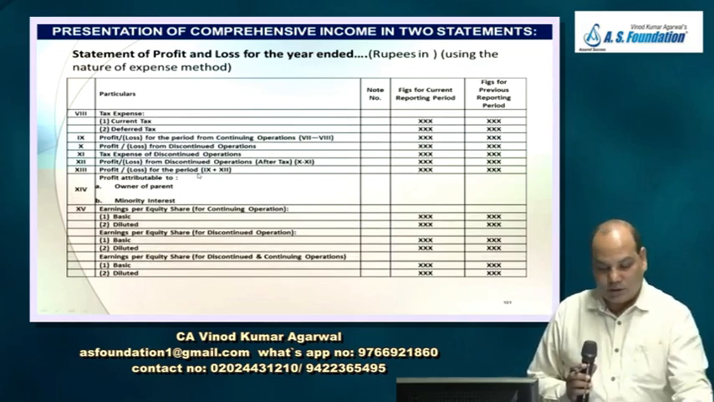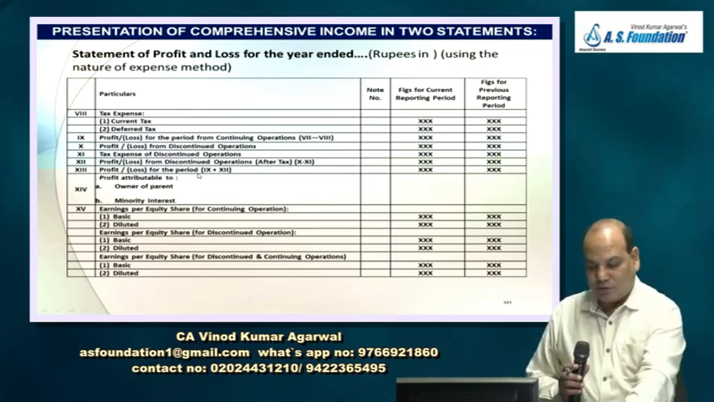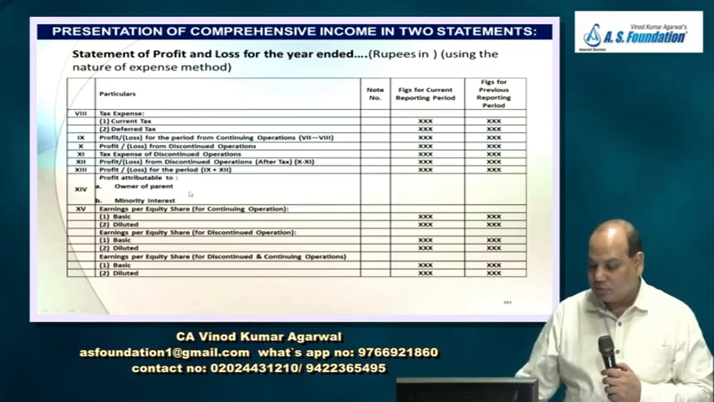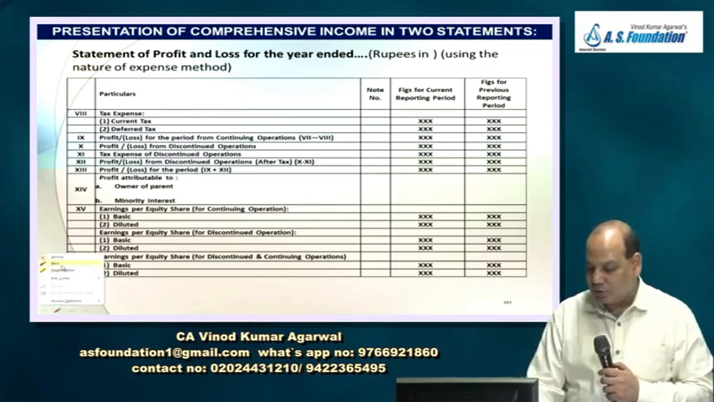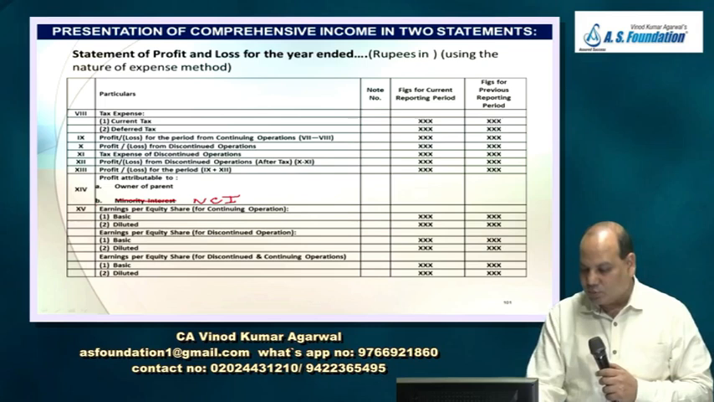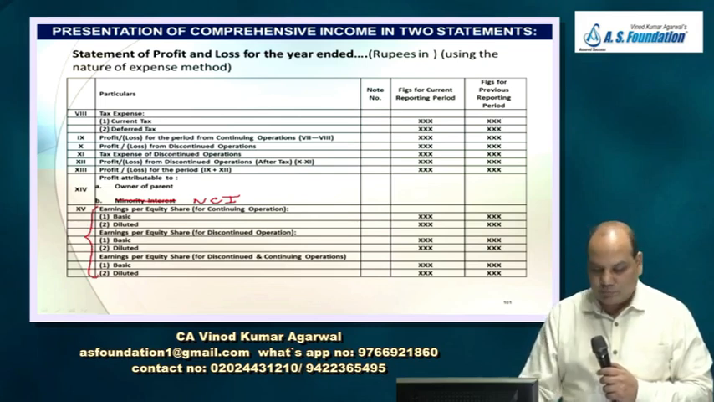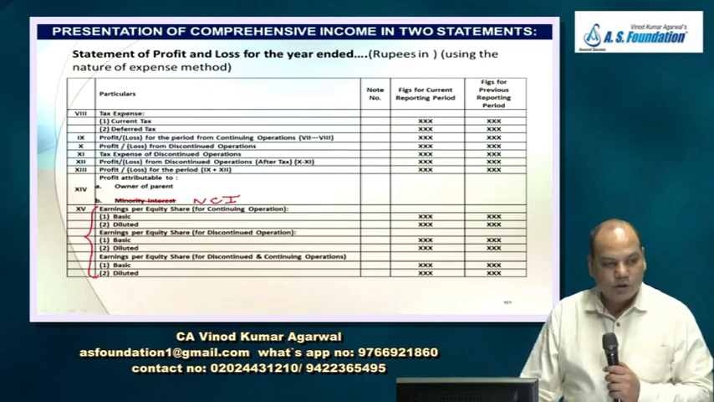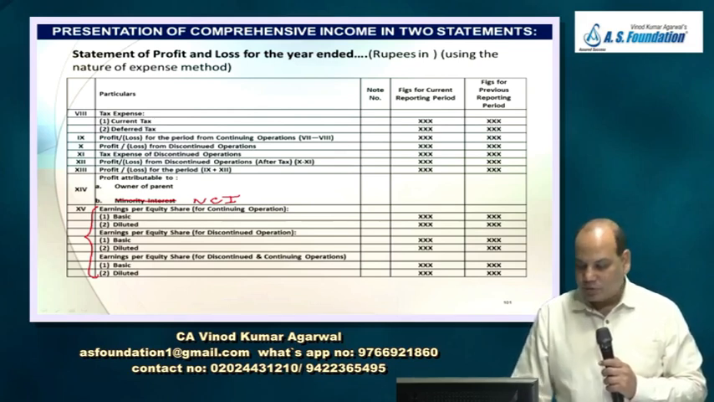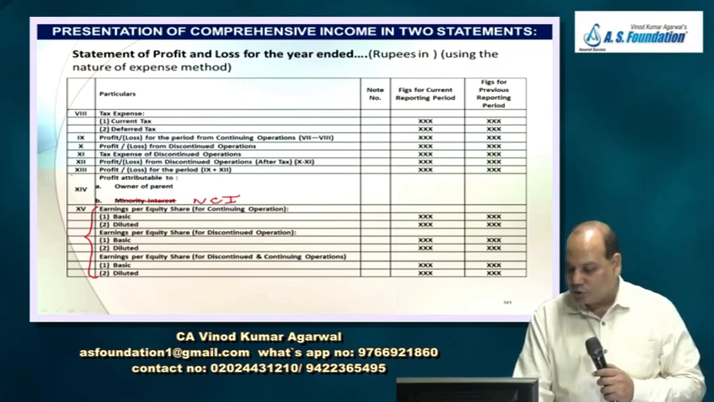Then after para 13, you will have to divide this profit or loss into two parts: owner of the parent and non-controlling interest. And then based on this profit or loss, you have to prepare EPS calculation for continuing operation, for discontinued operation, and for continuing and discontinued operation. Whatever profit you have got here,